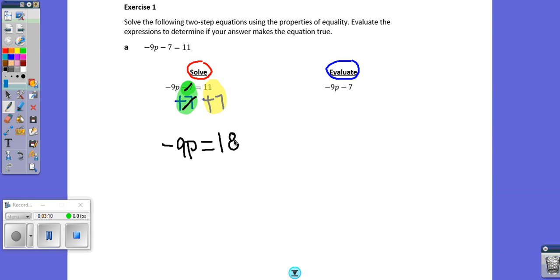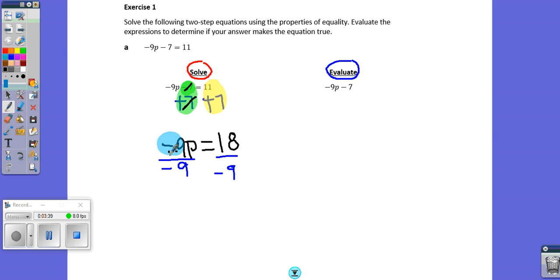All right. The next step is to get rid of our coefficient, which is the number that's being multiplied by your variable. So in this case, our coefficient is -9. And the inverse operation of multiplication is division. So I'm going to divide both sides by -9. Oops, I forgot my negative sign. Okay, so